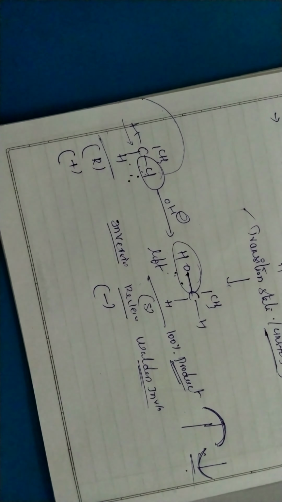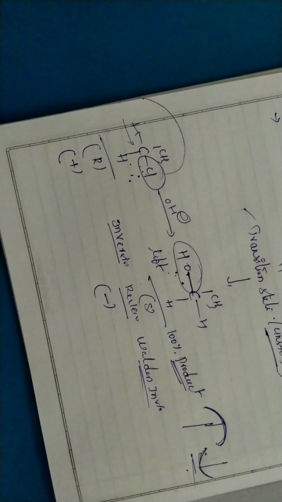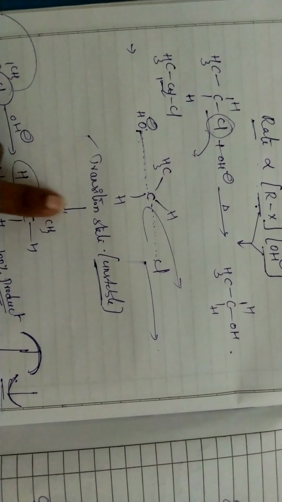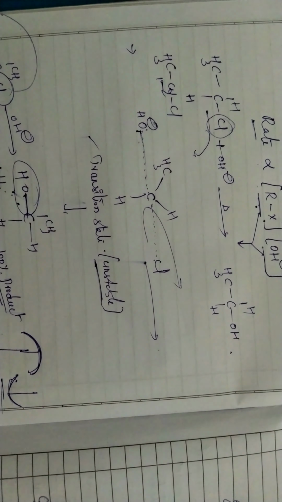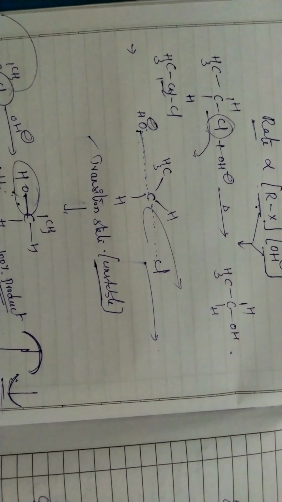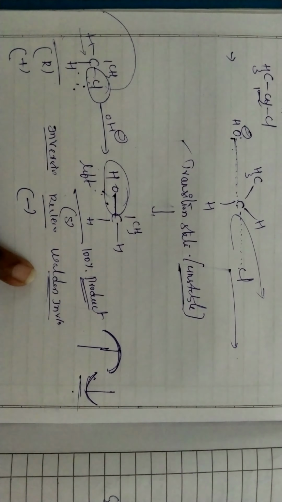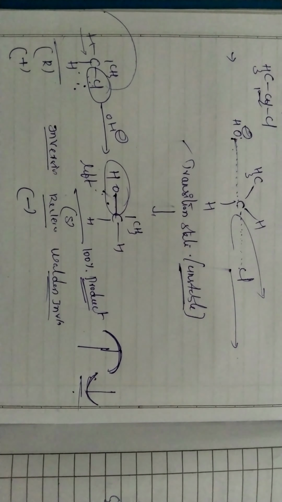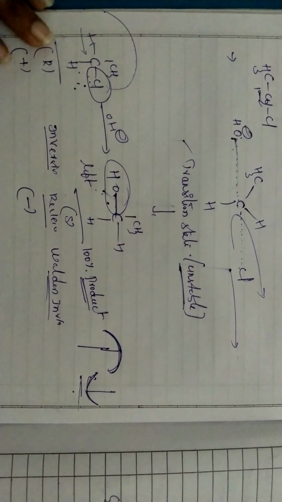It is about the SN2 reaction. In the SN2 reaction, primary alkyl halides are undergoing reaction, and there is only one step. In the SN2 reaction there is no stable intermediate, we have only a transition state that is very unstable. And next, the product is the Walden inversion product. This is about the SN2 reaction.